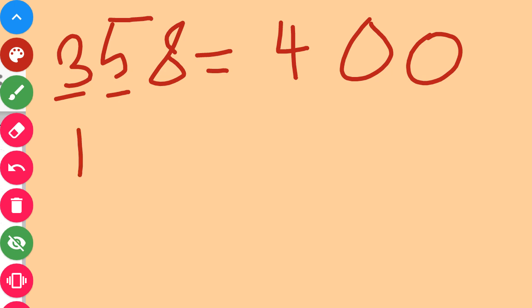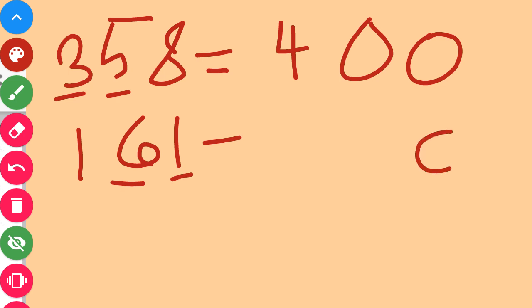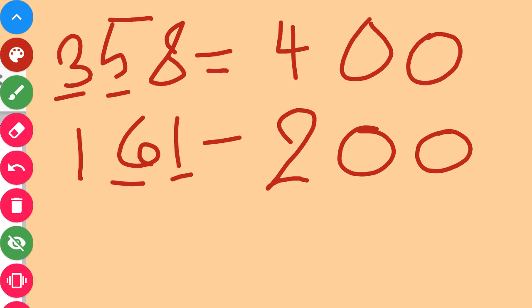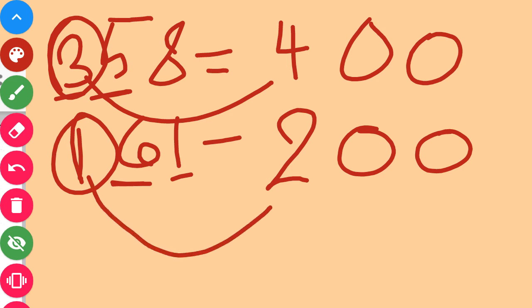400. Now kids, tell me, 161 will become? We will see the number at the tens place. This 1 at the ones place will become 0. 61. So this is 6. 6 is greater than 5. This also becomes 0. And this 1 will become 2. Always keep in mind, while rounding off to 100, whenever the number at the tens place is greater than 5 or is 5, the number at the 100 place will get increased by 1. Okay, cool.